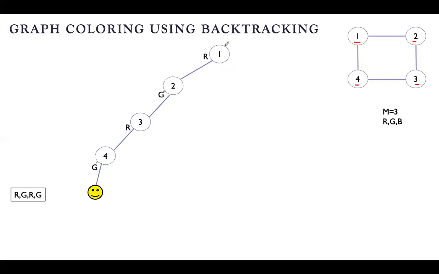That is the first solution. Next, we are in vertex 4. So we tried red, it was not possible. We tried green, we found one solution. Next option here is we have to try blue. Okay, we are in vertex 4. There only we have to check for all three colors and then we have to go back.